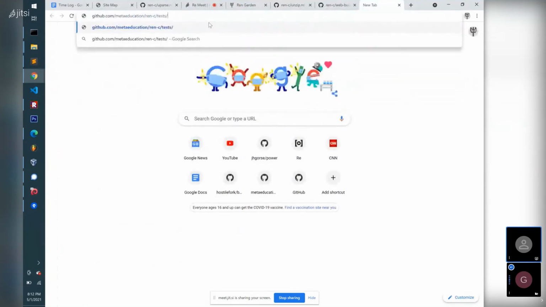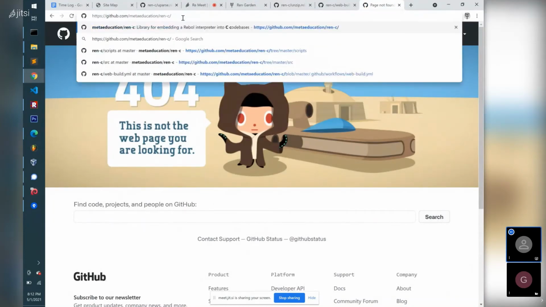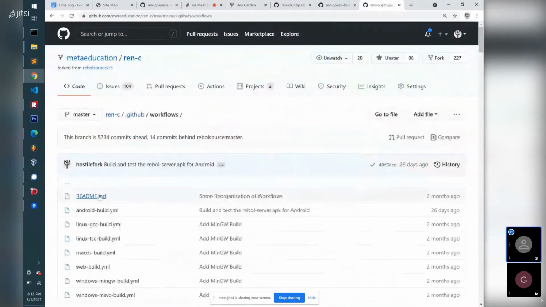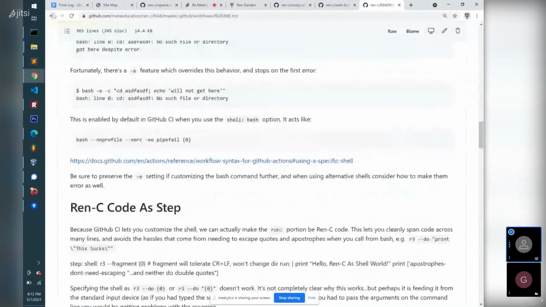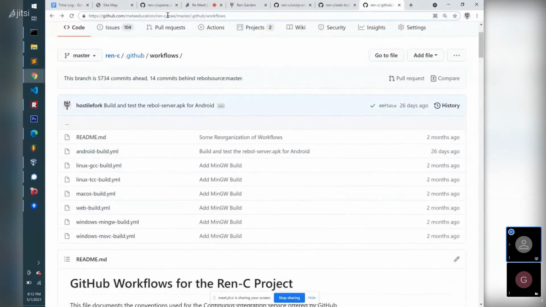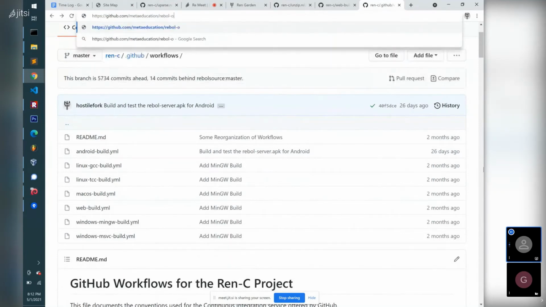So what's the best tutorial on using GitHub Actions? Just read the source. Read the source. Yes, read what I write. Like, read the README in the GitHub workflows. Read the source for how we build. If you want to know how to use a Rebol GitHub action, the best places to look are, you know,